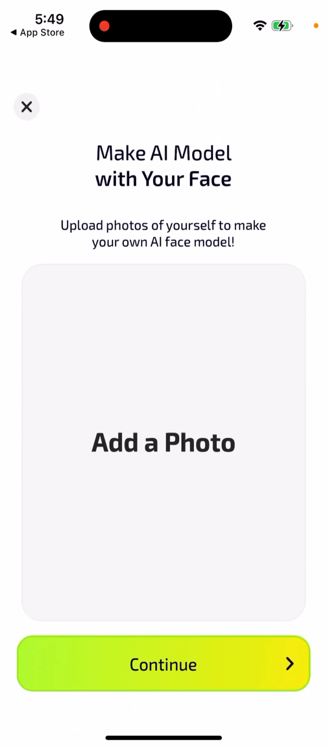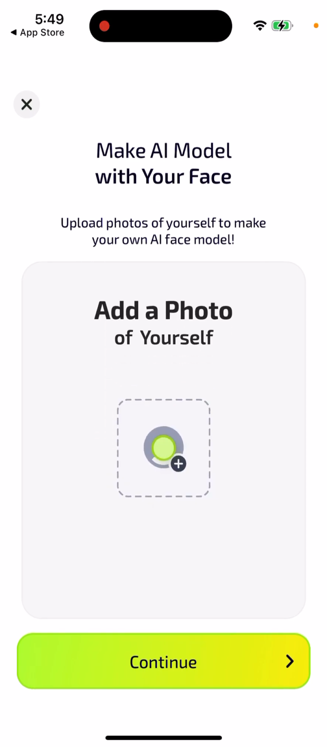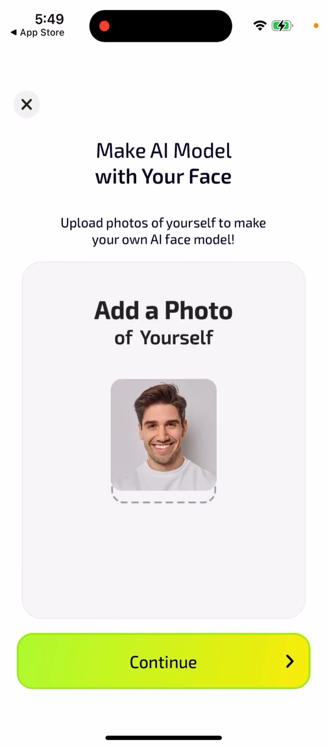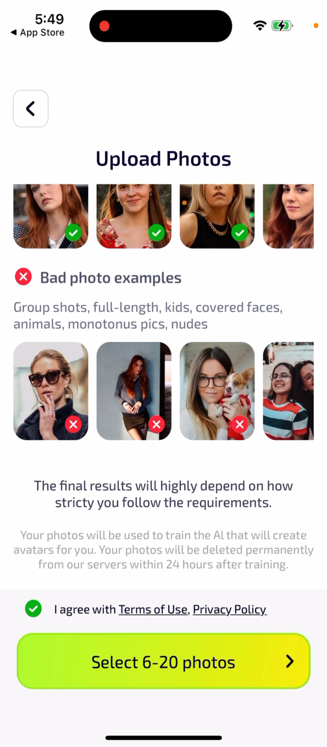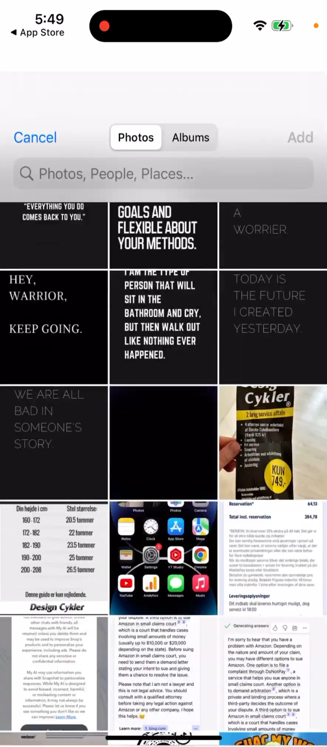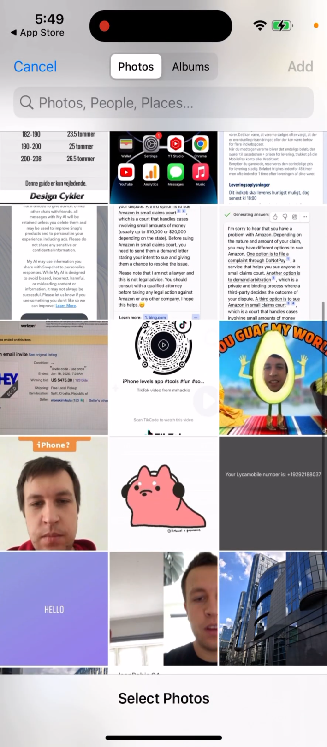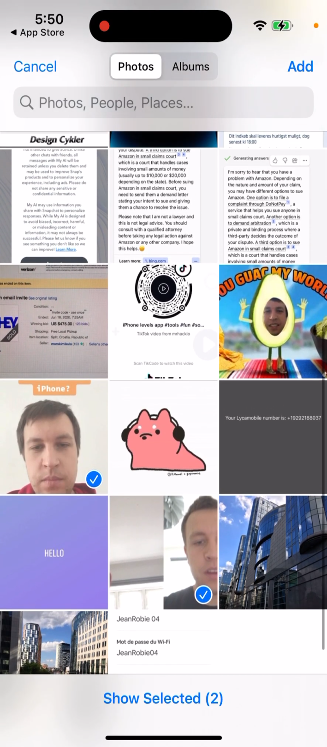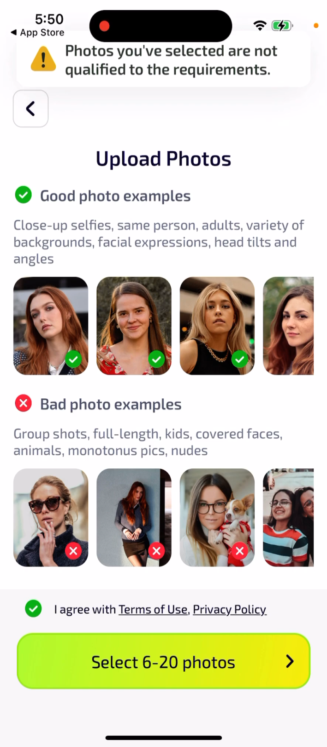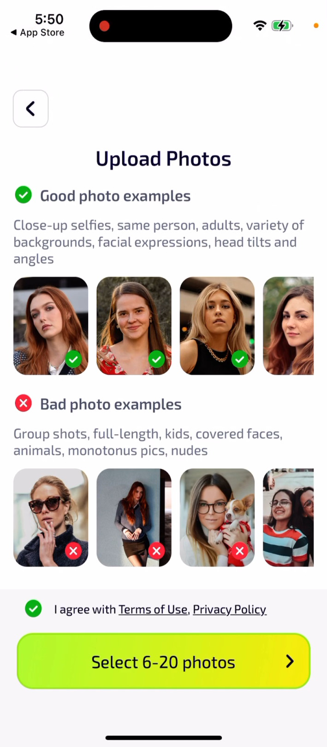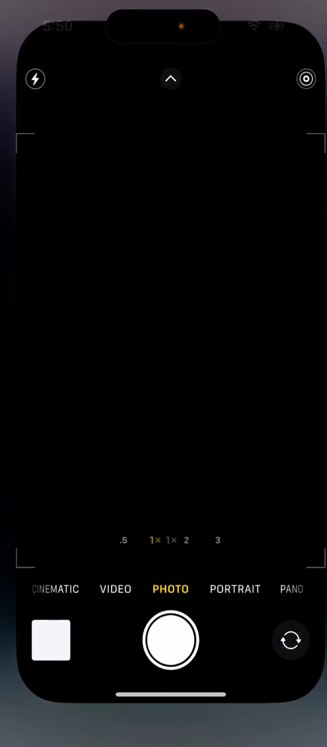Then I can also create your avatar. So you can create an AI model of yourself. So then I need to upload photos. I need to select 6 photos, for example. So then I can just, I don't know, I don't have that many. Okay, so you can see that photos are not qualified for requirements. All right, so maybe